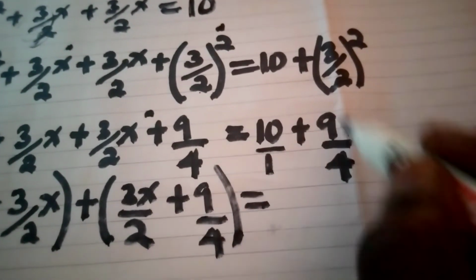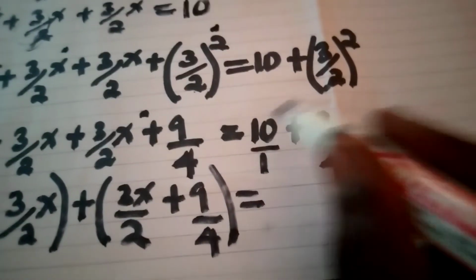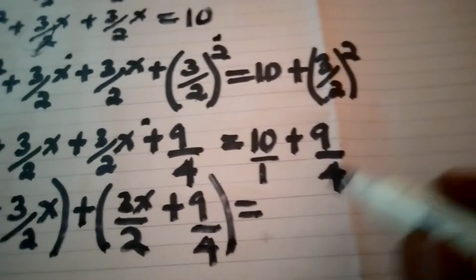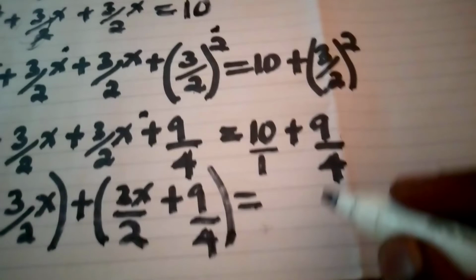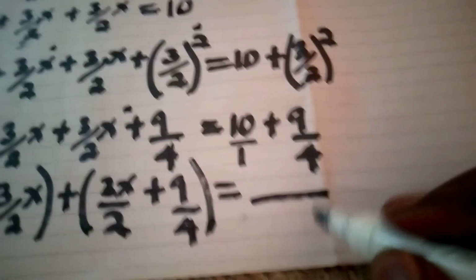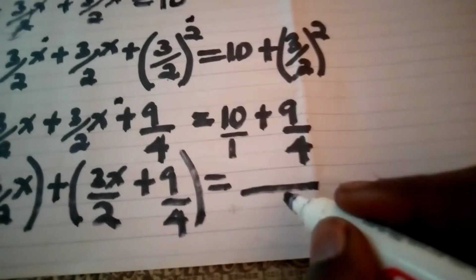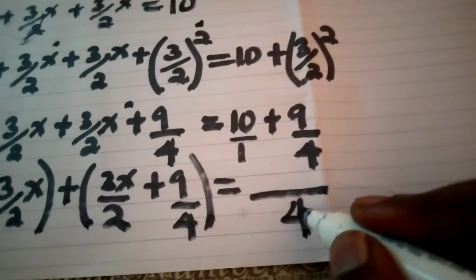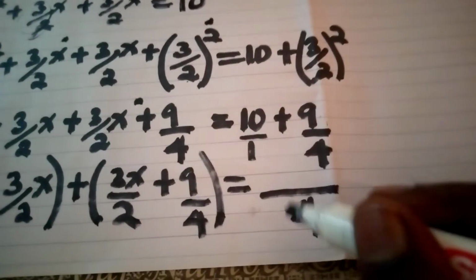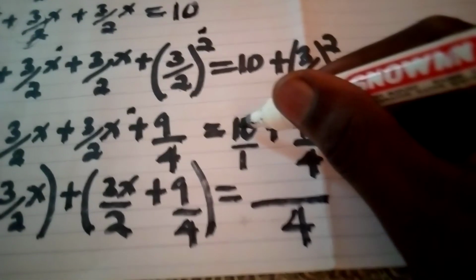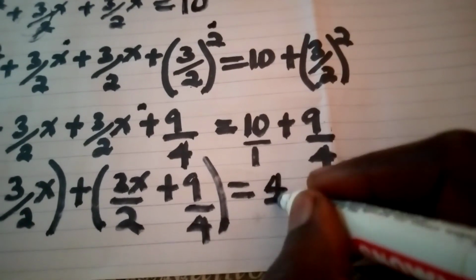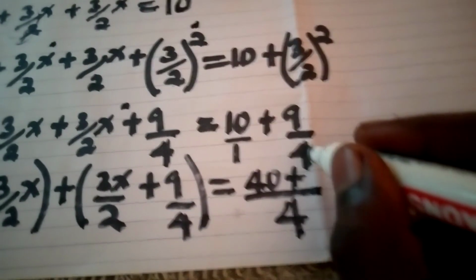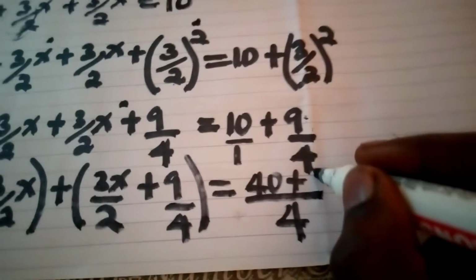We have two fractions. When two fractions are being added, you have to get the LCM. So now for us to add the two fractions, we shall get the LCM of 1 and 4. So the LCM of 1 and 4 is 4. Now 4 divided by 1, we shall have 4. Then 4 times 10, we shall have 40. Then plus 4 divided by 4, we shall have 1. Then 1 times 9, we shall have 9. So after that, our equation will